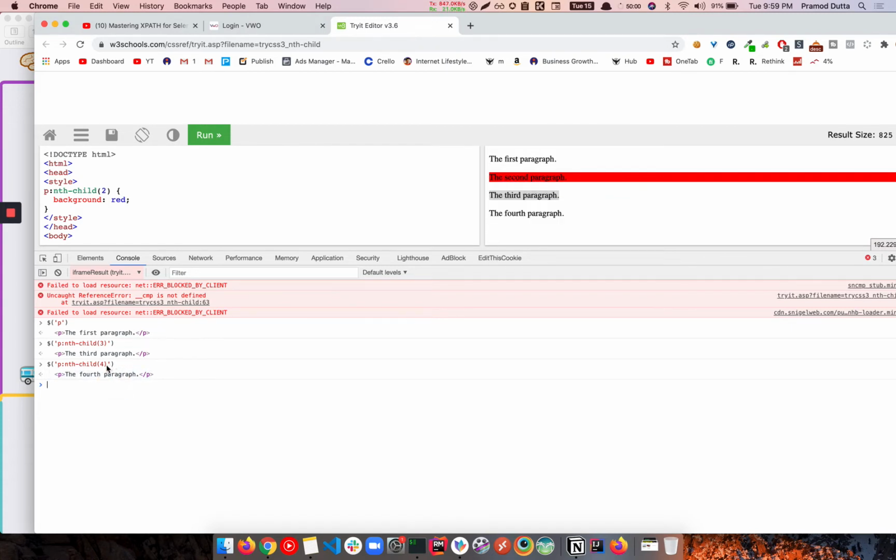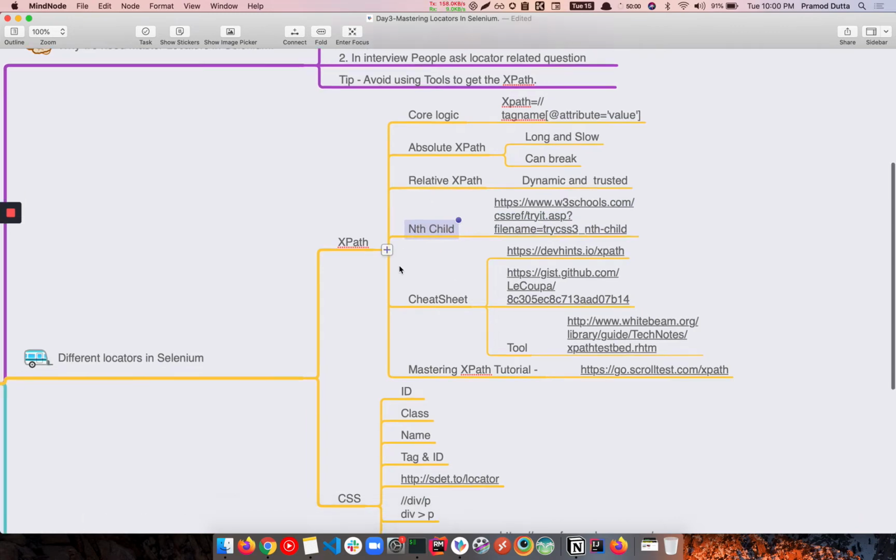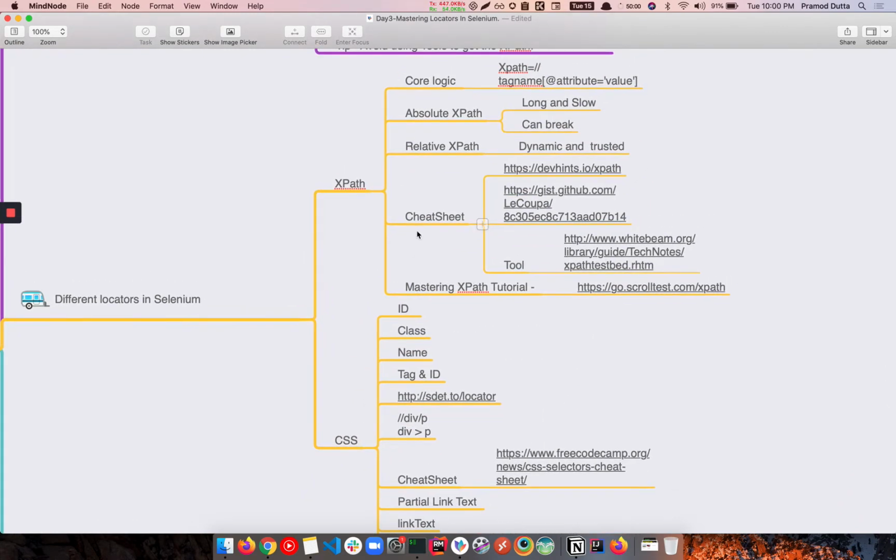So now you can use this CSS selector. I'm going to show you in the next video how you can use this, right? So I'm going to basically use this CSS selector in that case, right? So that's how you can use the nth child in that case. So that is actually not related to XPath. So let me put it into a CSS selector, right? So XPath, I hope you will be able to find more details about XPath in that video.